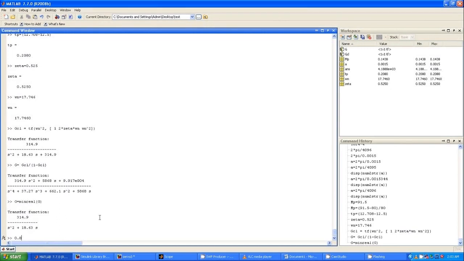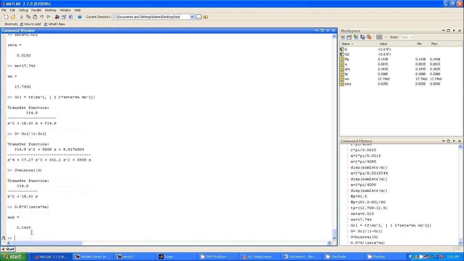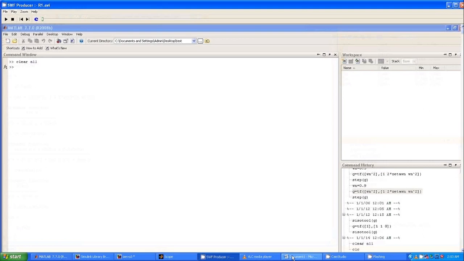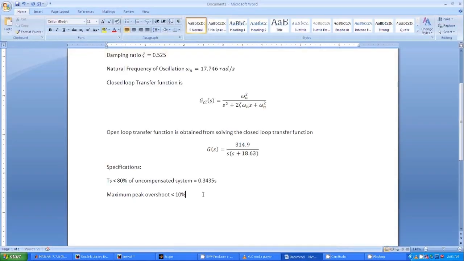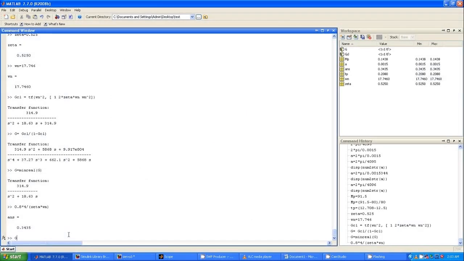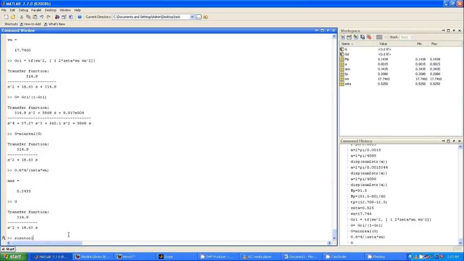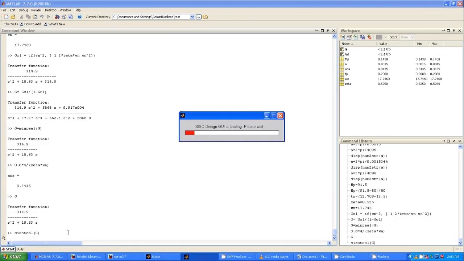Now let us evaluate our desired closed loop settling time, which is 80% of the uncompensated system, so 80% of 0.3435. Now let us open the SISO tool.